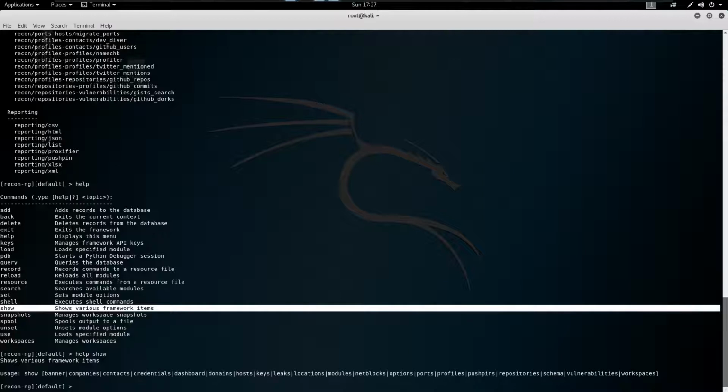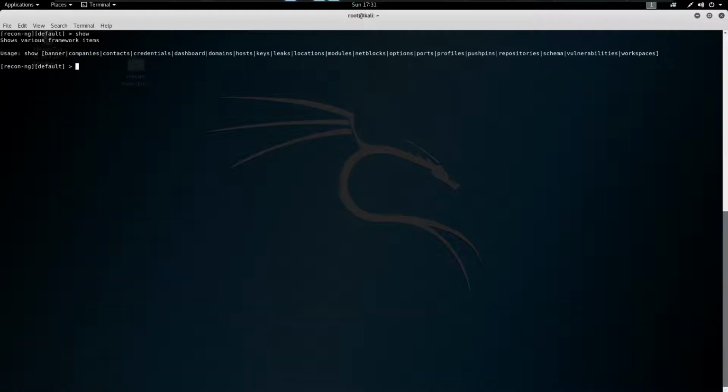This show command will give you the information about the databases that are available. It can give information about banner, companies, contacts, credentials, and so on.